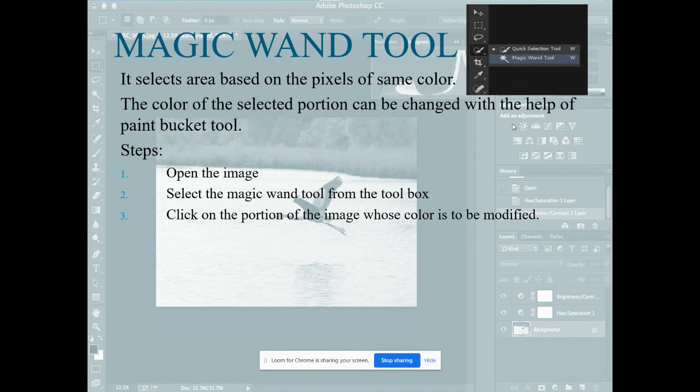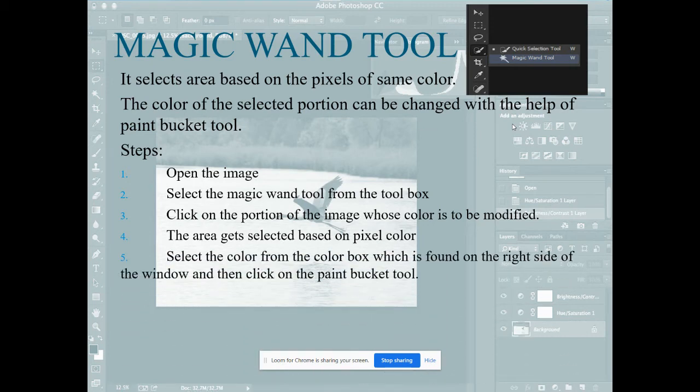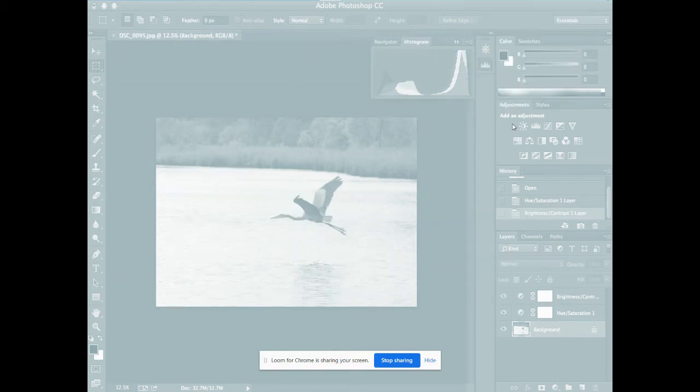Click on the portion of the image whose color is to be modified, and the areas get selected based on the pixel color. Next, select the color from the color box and then click on the paint bucket tool. Now the old color will be replaced with a new color. So this is your magic wand tool. So simply, like magic, it will be changing into a different color.